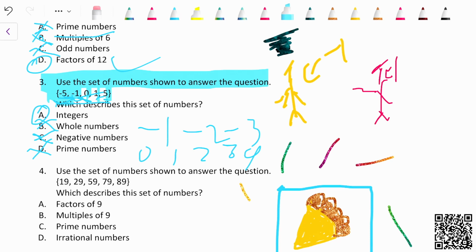And moving on, use the set of numbers shown to answer the question. 19, 29, 59, 79, and 89. Well, they all end in 9. No, that's not an answer choice. Which describes this set of numbers? So factors of 9, no, because none of them are smaller than 9, and none of them can be led up to 9. Multiples of 9, no, because right off the bat, 19 is not a multiple of 9. Prime numbers,